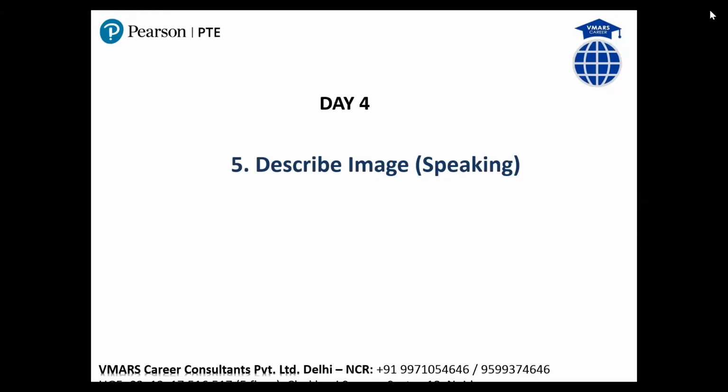Today's topic. Yesterday we covered bar graph, line, and pie. The reason for covering all three in one class was to make you understand that the script remains the same. In the beginning you tell the topic, then you say what the x and y axis are, then you give high, low, what is increasing, what is decreasing, and then you give a conclusion. You can add similarity if you have time, but if time is running out, no need to add similarity, just give high and low.